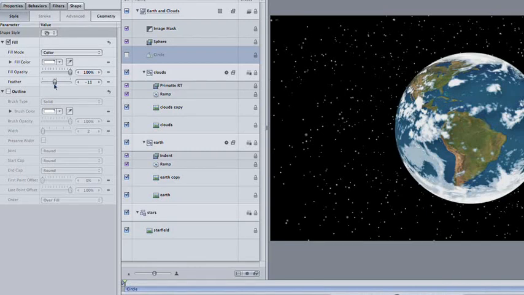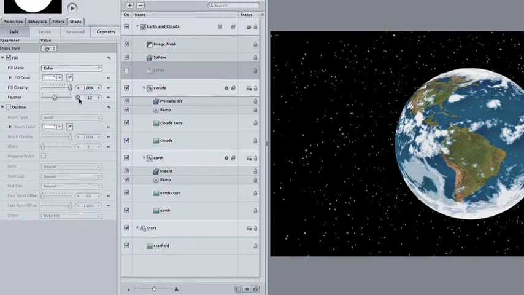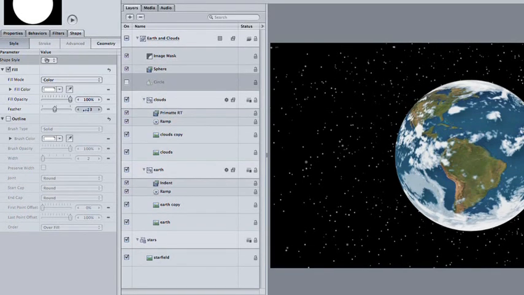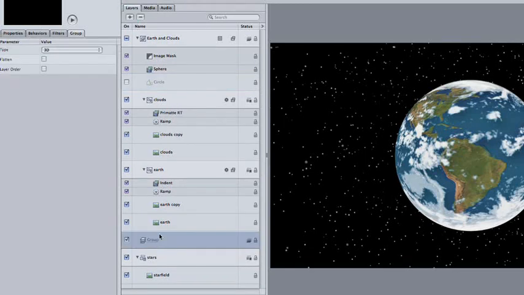Now we don't need to mask it that much, so take it back to 0, and then slowly inch back until we have a nice subtle edge on the Earth. Now I want to give it a bit of a halo, kind of like a rim light. To do that, create a new group and place it below the Earth and Clouds group and call it Rim